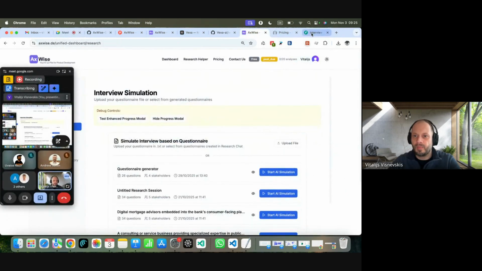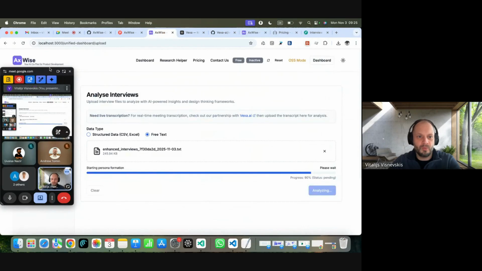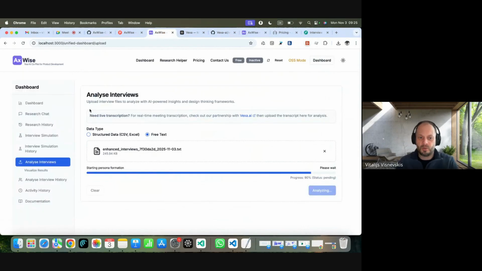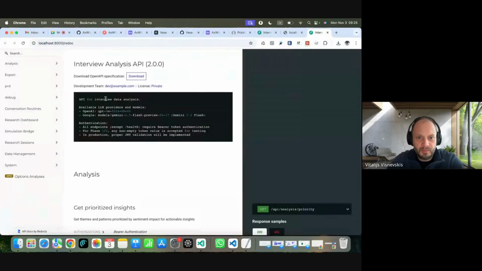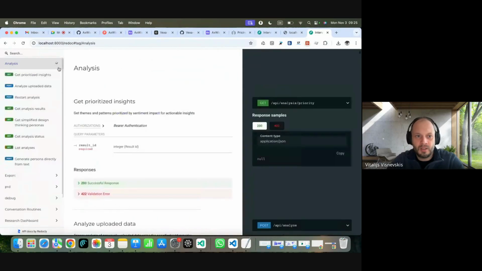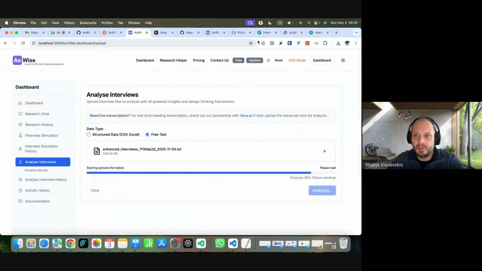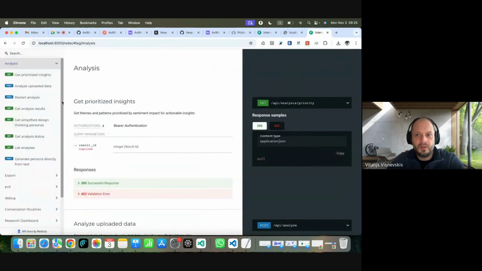Okay, where are we? We are on the last step. Any other questions meanwhile? No questions. Perfect. So OpenAI spec, Redoc, maybe it's a Redoc. Here, yeah, not completed. Okay. Here is, let's say, cooler looking API docs.